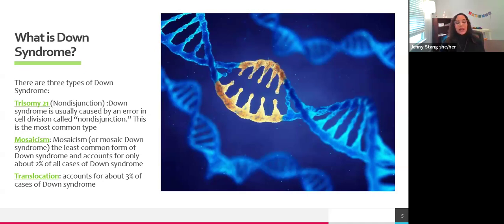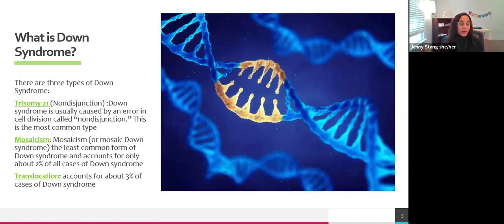So regardless of the type of Down syndrome a person may have, all people with Down syndrome have an extra critical portion of chromosome 21 present in all or some of their cells. The cause for the extra full or partial chromosome is still unknown. Age is the only factor that's been linked to an increased chance of having a baby with Down syndrome.